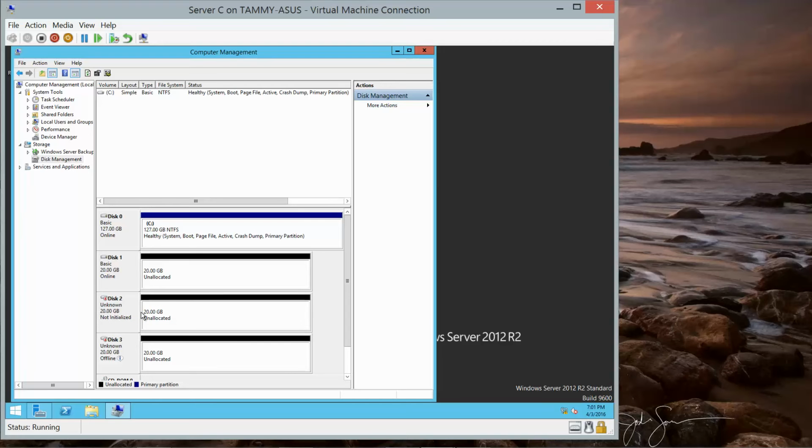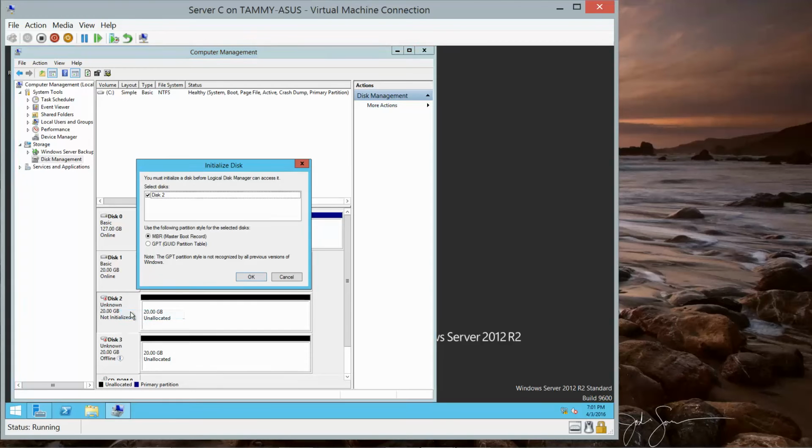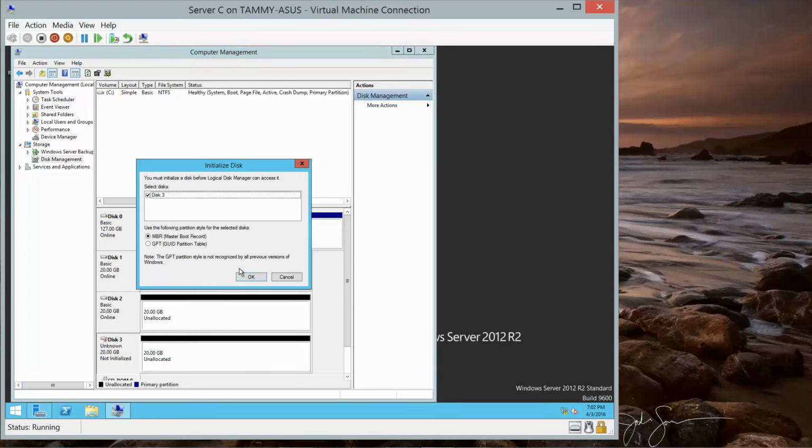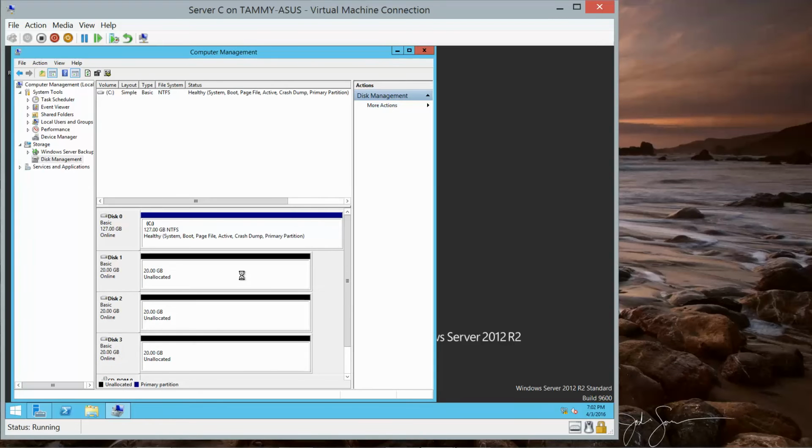Select online, and then right click initialize, and then OK. And we do the same thing with disk 3. Online, right click initialize. And that is the end of